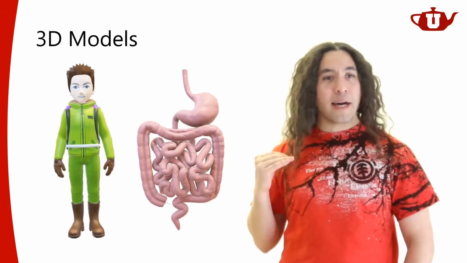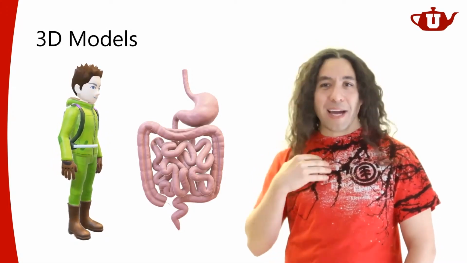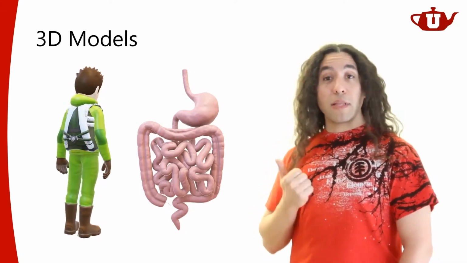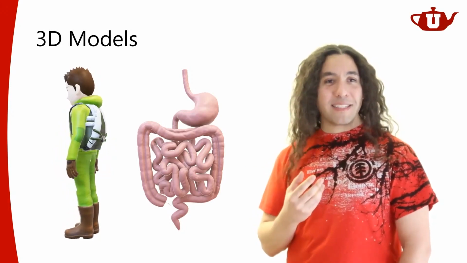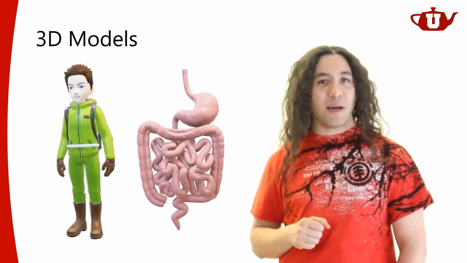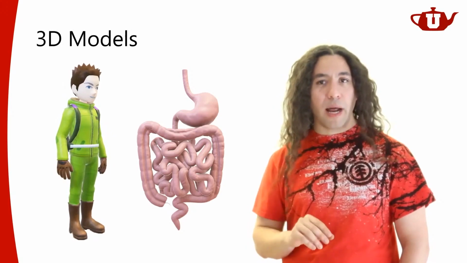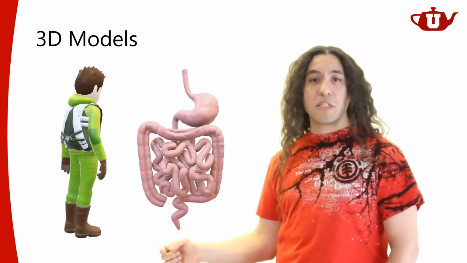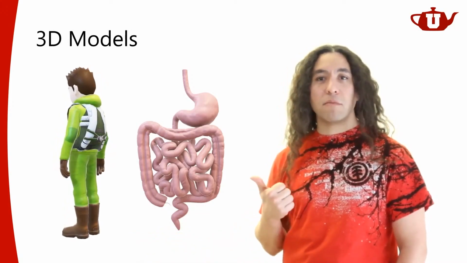You have to draw the line somewhere. You have to simplify the reality. It could be actual reality, it could be some fictional reality. You have to simplify it so that you have enough computational power to represent it within a reasonable computation time. Right? So that's at the very heart of computer graphics. And because of that, when we're dealing with 3D models, we just represent their surfaces. We don't care about what's inside of them. We don't even try to model them.